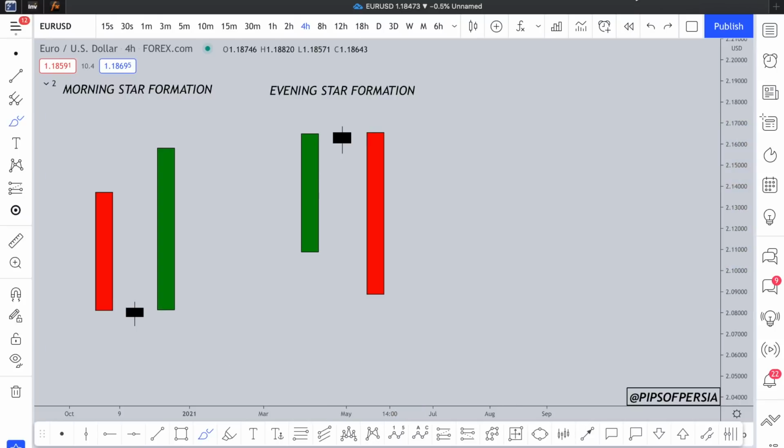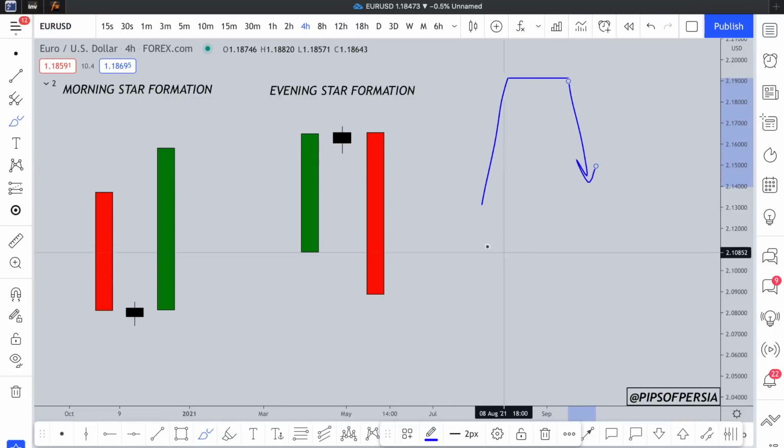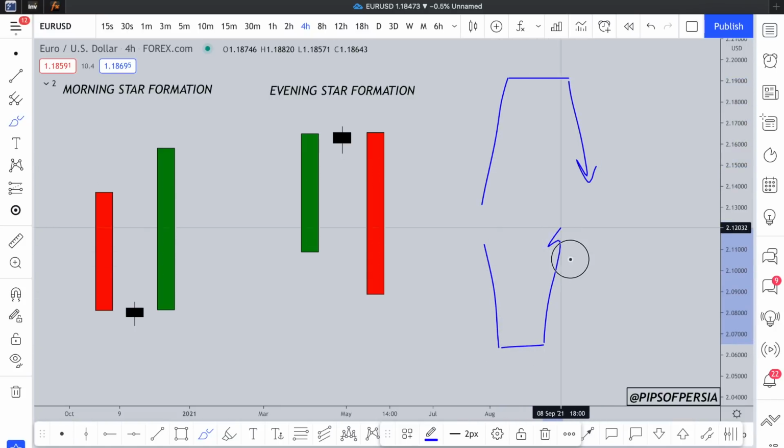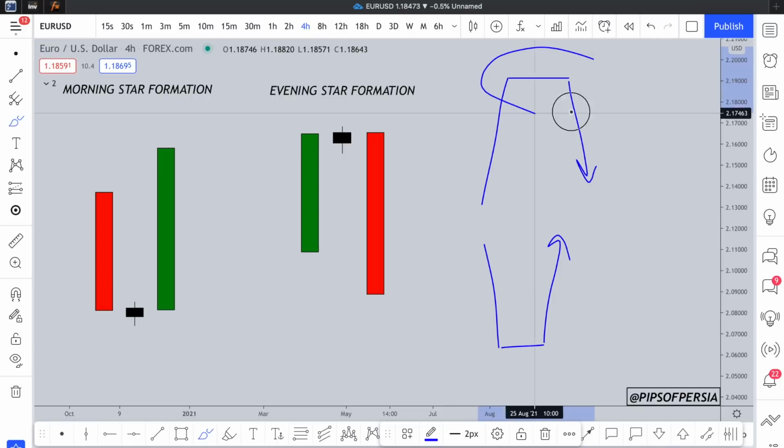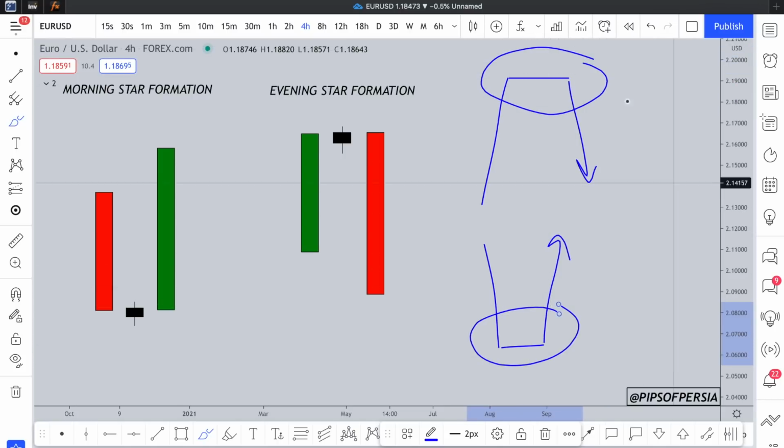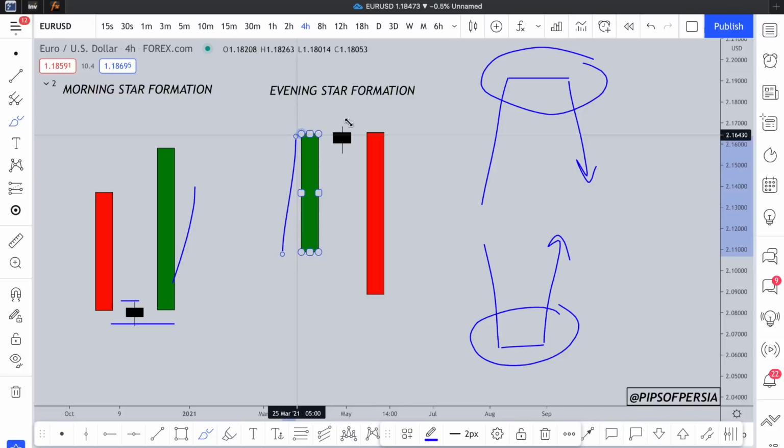Now the same way the inside bar formation is similar to drop-base-drops and rally-base-rallies, there are two other supply and demand levels as well that are known as rally-base-drops. So the market goes up, creates the base, and then drops, or the drop-base-rallies as well. In the market structure part 3 videos, we spoke about this as obviously the distribution at the top and the accumulation at the bottom. So now, putting these next to each other, hopefully you can now see the similarities also between the morning star formation and the drop-base-rally formation,